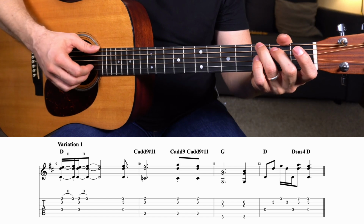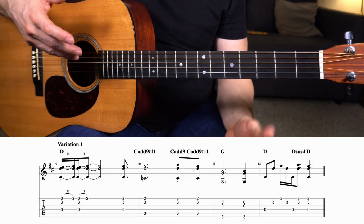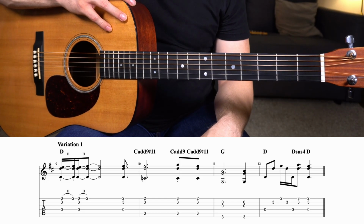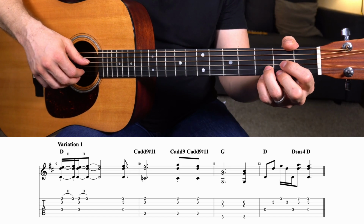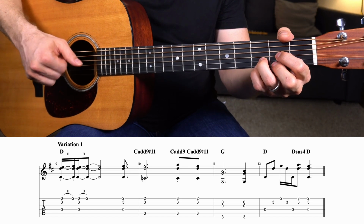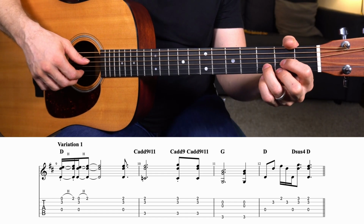So just on 1 and 4, 1, 2, 3, 4. After that, it goes to a D in the next measure, and it's a finger picking pattern, but it's a lot simpler than the other things we've done like this over the D before. It's just, okay, and that's a really good example, a standard example of what he would do over the D chord in this